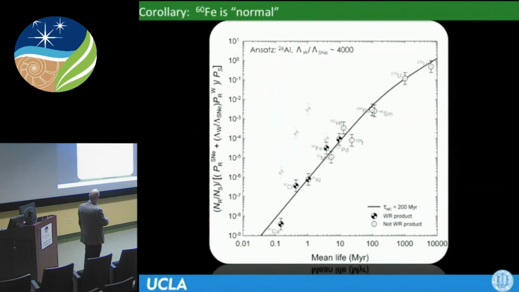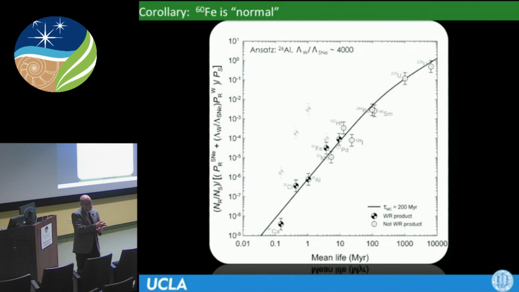No, I just use production ratios. So for all the elements other than the shortest lived nuclides, I use average production ratios over an initial mass function. So what you're saying is that uranium and samarium were essentially an initial condition for the solar system, that those atoms were around for 200 million years before ending up in a star, and that we are just averaging over 200 million years of those materials, okay? And then